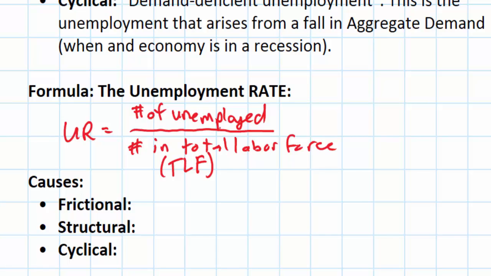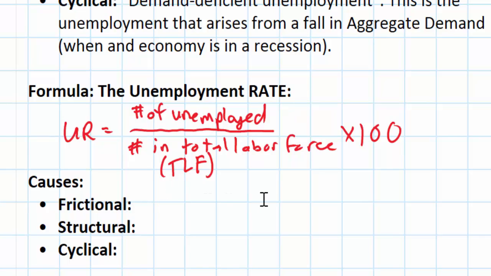So once we divide the number of unemployed by the number in the total labor force, we multiply this by 100, and that gives us the unemployment rate, or the percentage of the total labor force that is at any given time unemployed. Before we do our graphical analysis, let's talk about some of the causes of frictional, structural, and